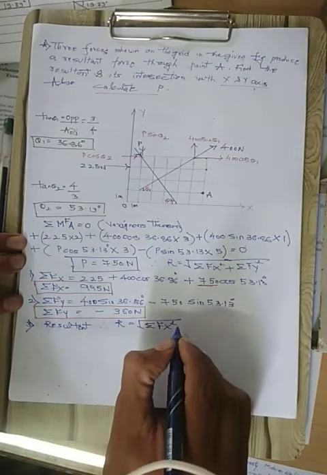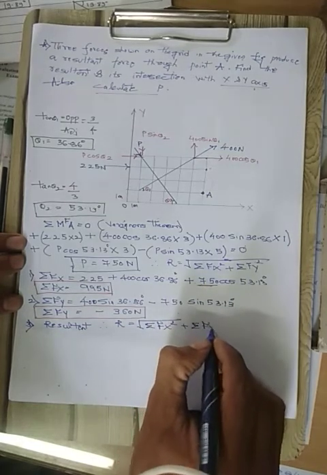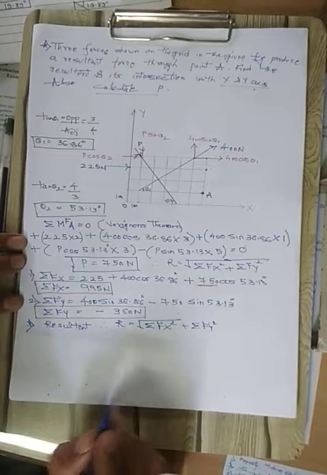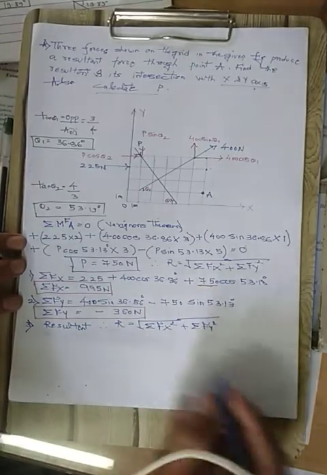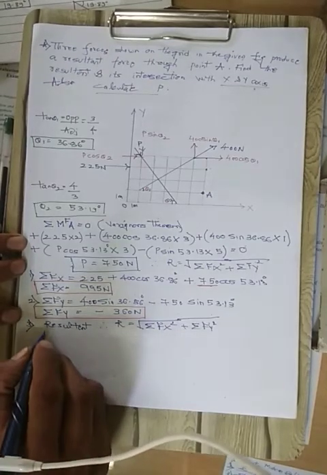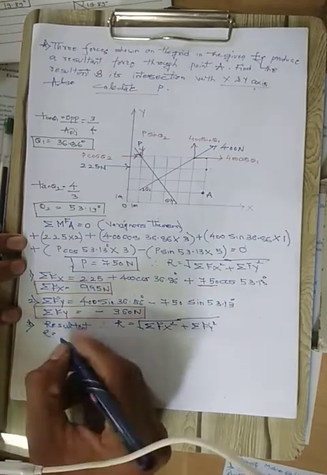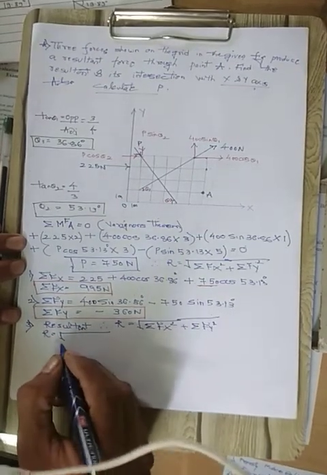Fx square plus Fy square. So all x components and all y components. The resultant value comes to be, R is equal to square root of,